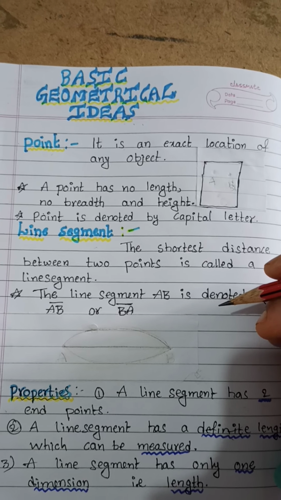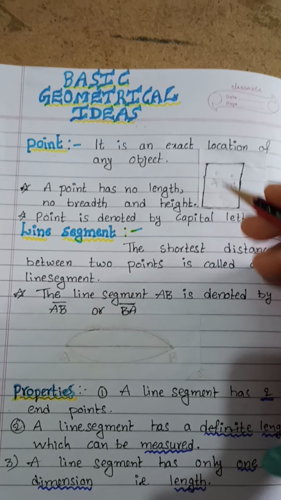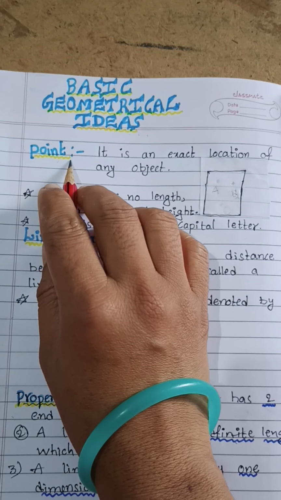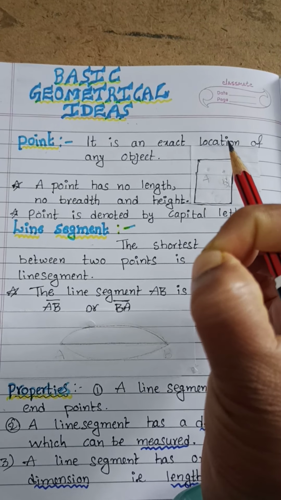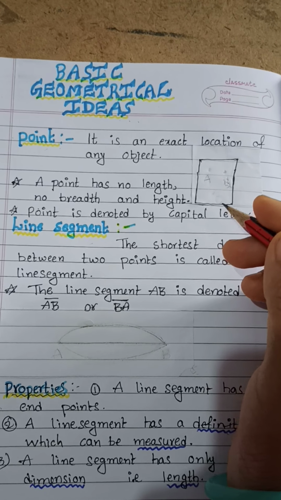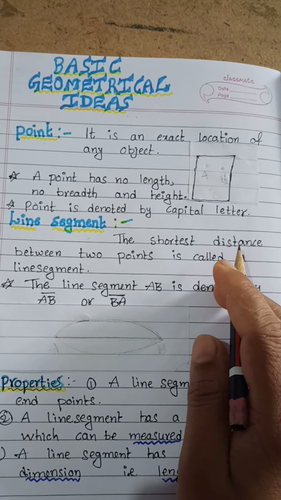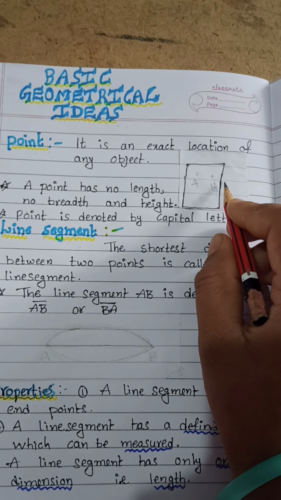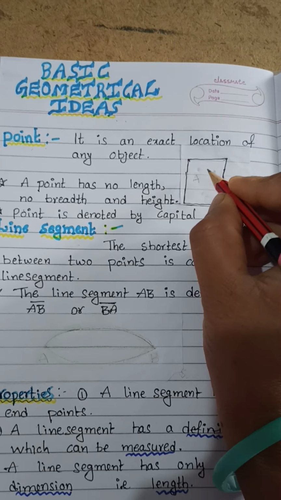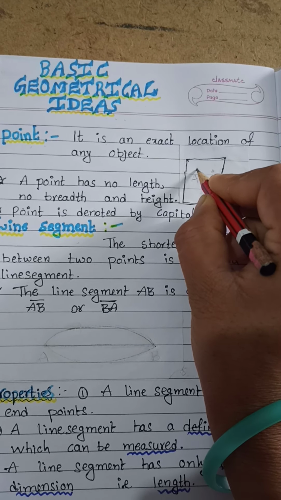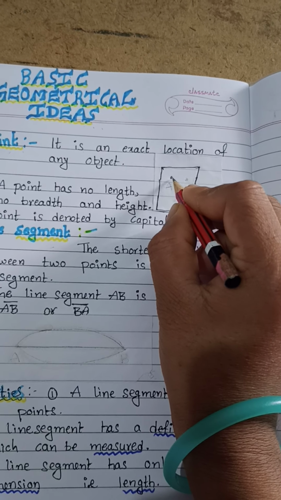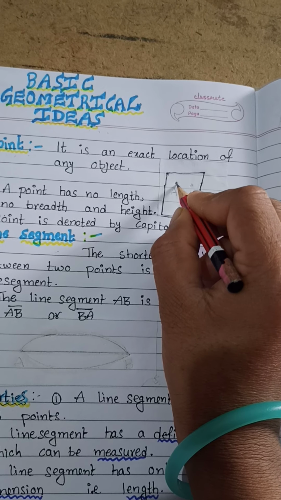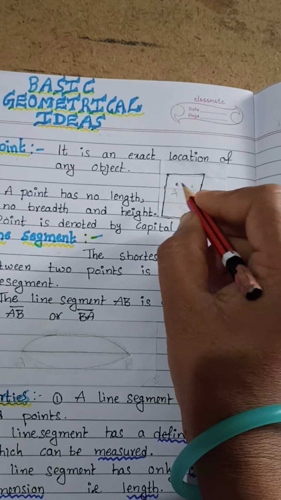Before we learn about the different geometrical shapes, first we need to learn about a point. Point is nothing but a small dot. If you want to locate a place on the paper, first take a paper, put a fine dot on the paper. It is an exact location. It represents the exact location of any object.